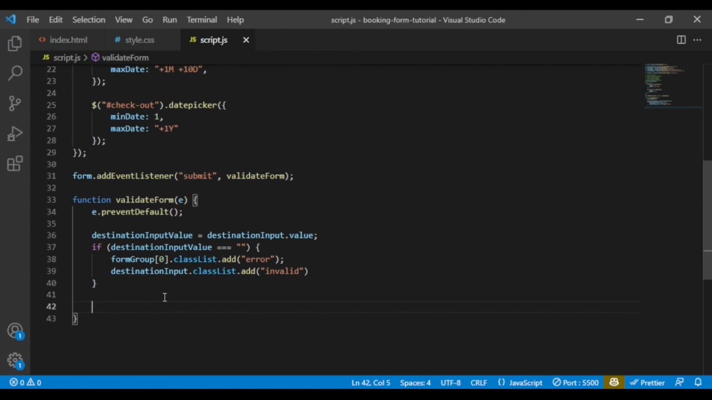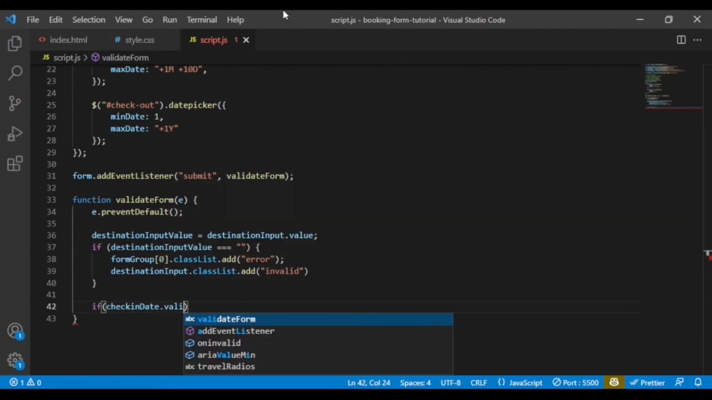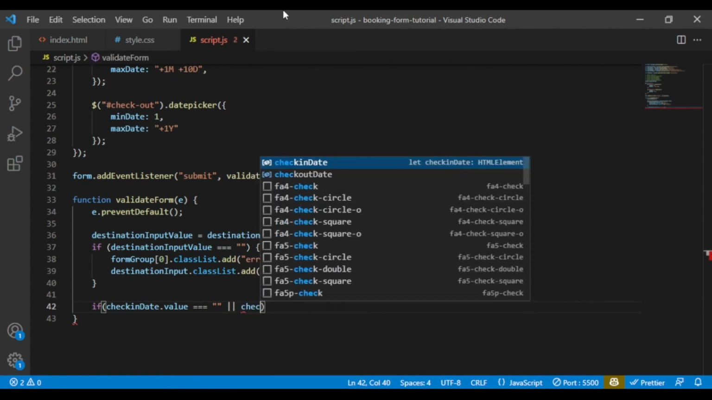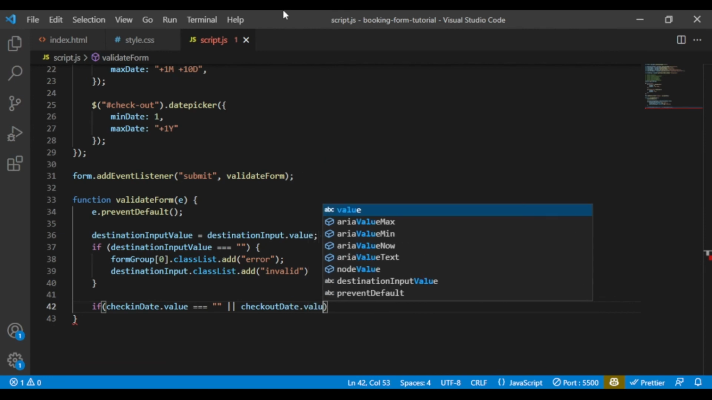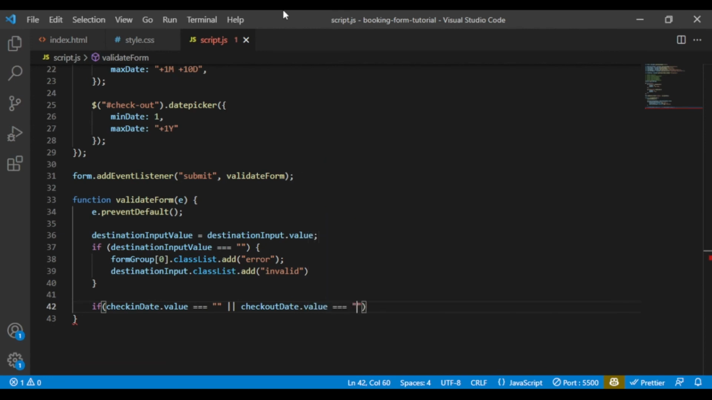and say if check-in date, instead of grabbing that into another variable, we can directly do it over here as well, check-in date dot value is equal to empty, or checkout date value is empty. We're gonna do the same thing,